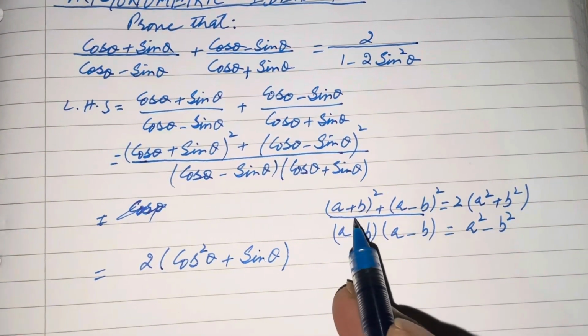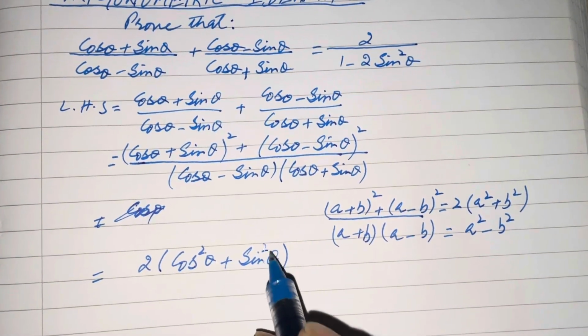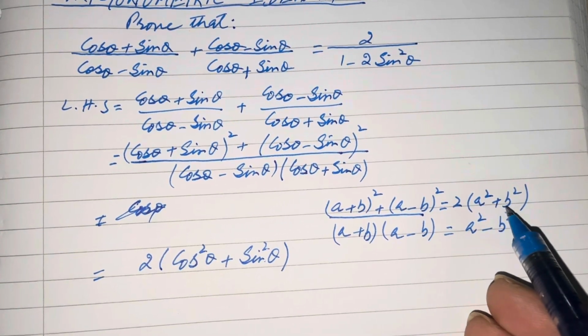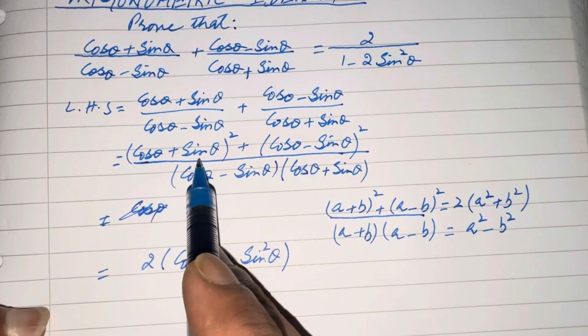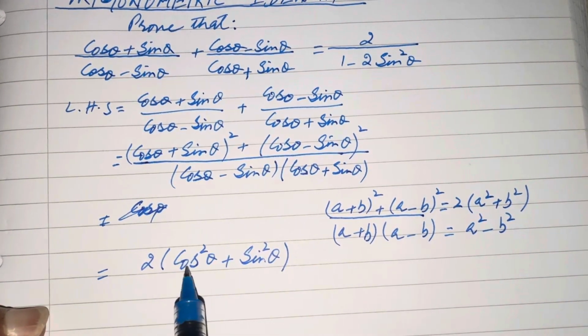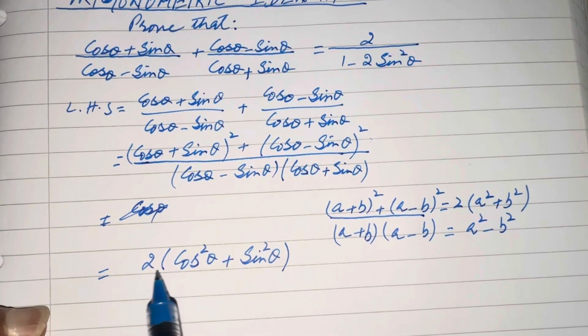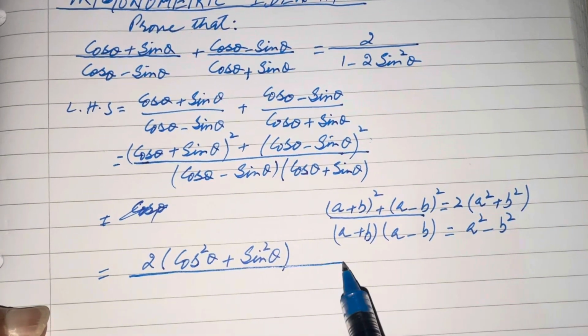So if you see that cos is a and sine is b, that can be written as 2 into square of first plus square of second. So 2 into square of first is cos theta and square of second is sine theta. So that whole thing can be written in this form: 2 into cos square theta plus sine square theta, divided by